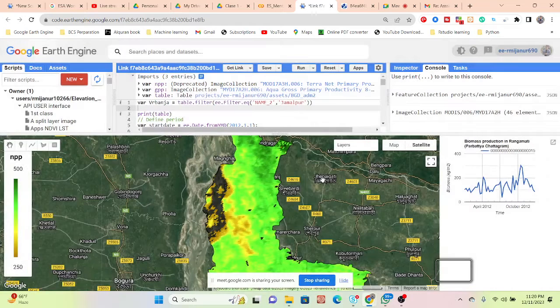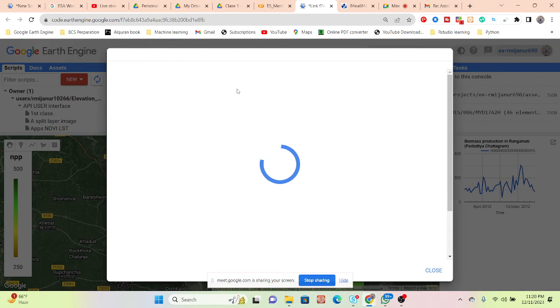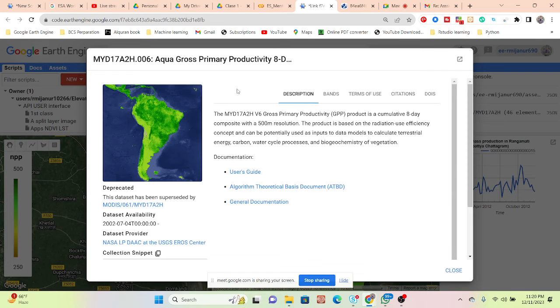As well as that, you can also see the GPP. This is the gross primary productivity. And we can also get the gross primary productivity from that MODIS data set. The 8-day composite, okay, with the 500 meter pixel. You can see the pixel is the same 500 meter, but this time we can get the interval. It is the 8-day,